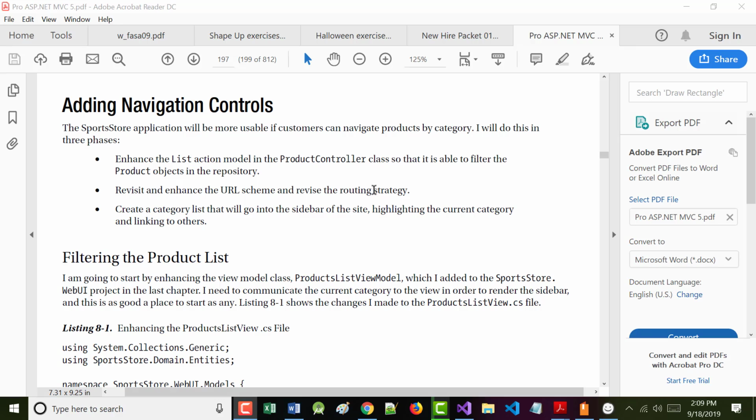The reason I'm taking a second to tell you this is many books will say that what the author is doing in this chapter is terrible. All right? I'm going through an online class right now where the guy who teaches the class says, if you know what you're doing, you should never ever have to even touch the route.config file. That's his point of view, or route config file. All right? So, again, we will create that category list as a sidebar. Okay?